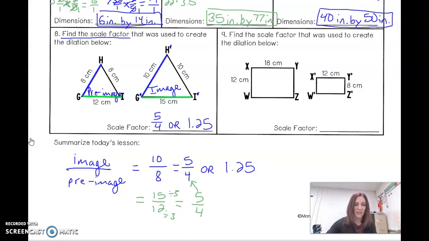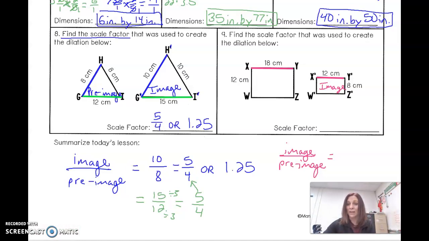All right, so again, find the scale factor here. Throw a new color here. So scale factor is image over pre-image. All right, and then compare two corresponding sides. This one is my image. Always identify your image. It's the one with the prime markings. So let's say I decided to compare X prime Y prime to XY. Okay, you always got to make sure that, because it might be rotated, you're comparing the same two corresponding